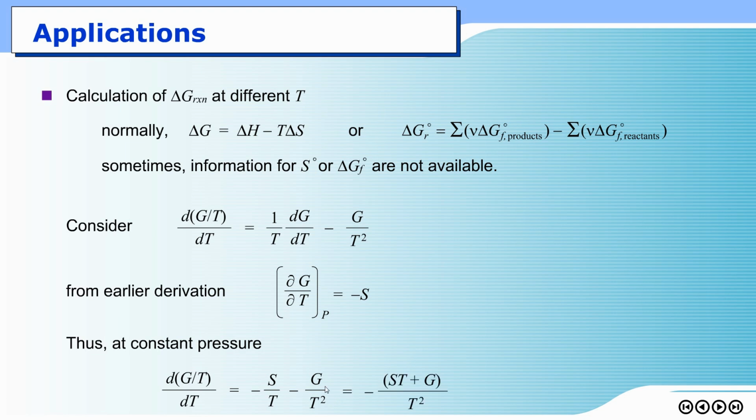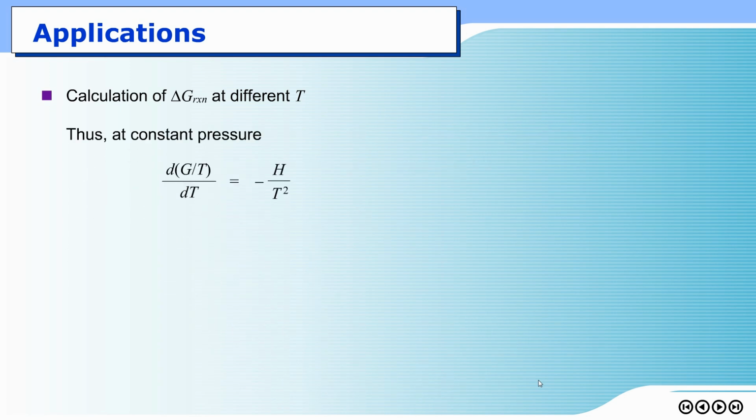Then, according to the definition of Gibbs free energy, G equals H minus TS. So you can combine these two terms together. If you multiply the numerator and denominator here by temperature, you get T squared underneath, and you combine these two terms together, you get this combination, which is directly the same as enthalpy. Okay, from this,